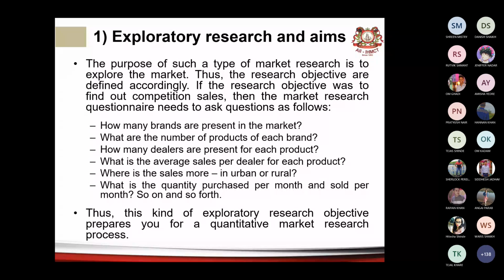Thus, a research has to be one of its kind. A research is authentic and genuine when it is not repeated, or it is genuine when it is extended. So say Dr. Rukshana has done this much research and I am taking it further. Say in her research, she just explored the marketing strategy. Hers was an exploratory research. She did not suggest marketing strategies, though I had suggested, but I'm giving an example. So mine would be suggesting marketing strategies for developing tourism in Maharashtra. Fine. Thus, this kind of exploratory research objective prepares you